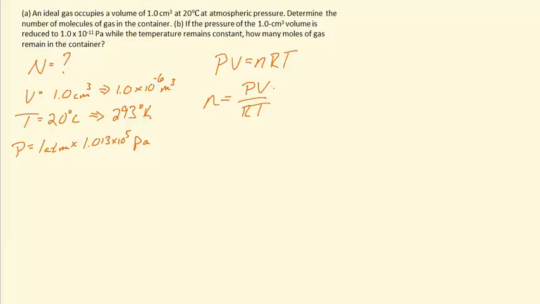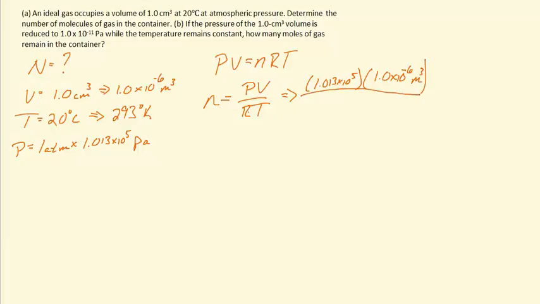If we plug in the values we're given, our pressure is equal to 1.013 times 10 to the 5th pascals multiplied by our volume of 1.0 times 10 to the negative 6 meters cubed